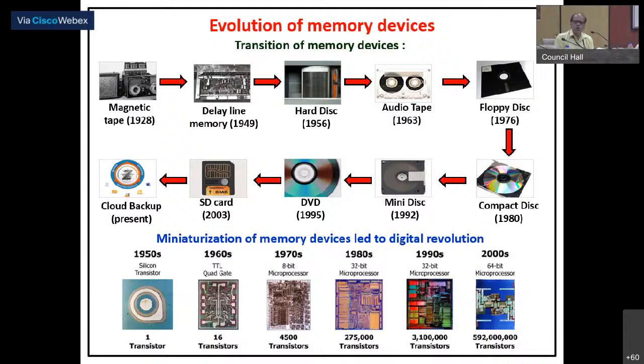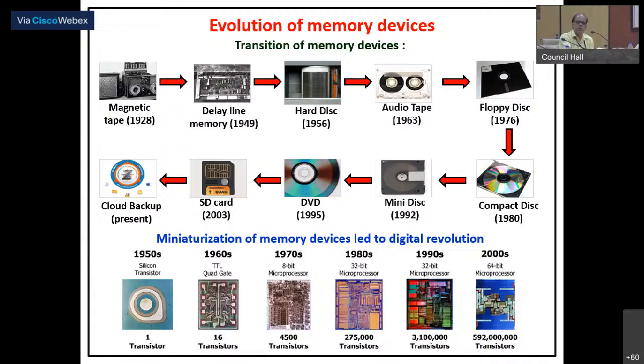Very simple thing like evolution of memory devices, right from magnetic tape, delay line, hard disk, audio tape, floppy disk, and so on. All these things have come to existence just because of advent of different and more efficient materials. The last part of the slide, you can see transistor density from 1 to 16, 16 to 4500, it goes up. Then it goes to million, famous Moore's law. So it is this ability of materials chemists and physicists